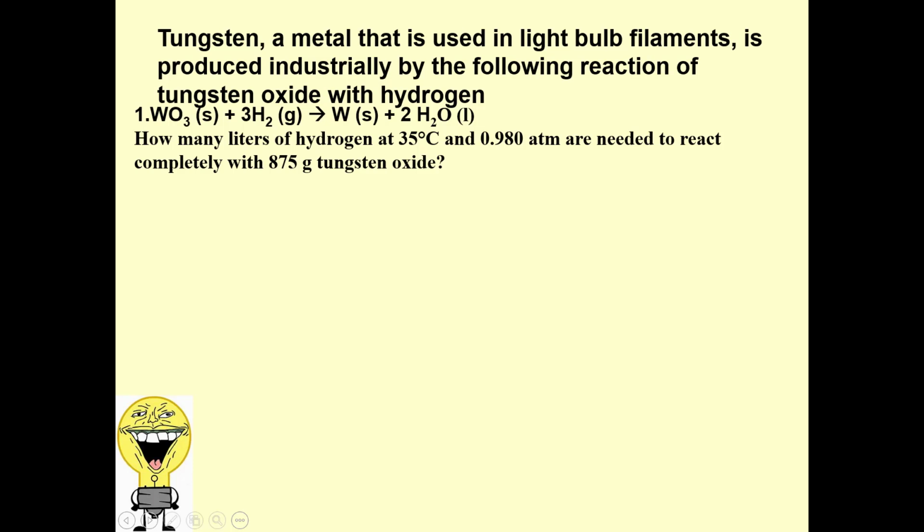is figure out how many liters it's going to be. So I have WO3 plus 3H2. It's going to turn into W plus 2H2O. So what I'm going to do is figure out how many liters it's going to be at STP. Okay? So if I start with 875 grams of tungsten oxide,